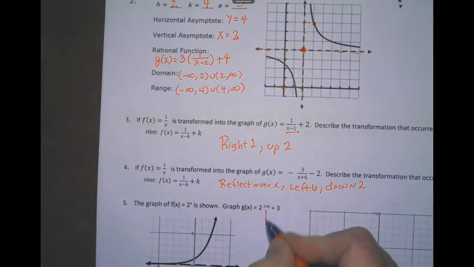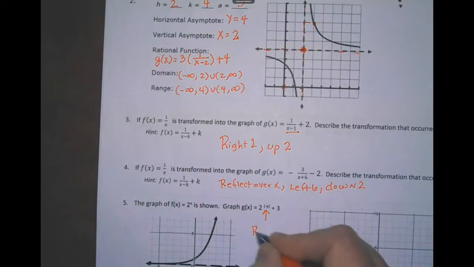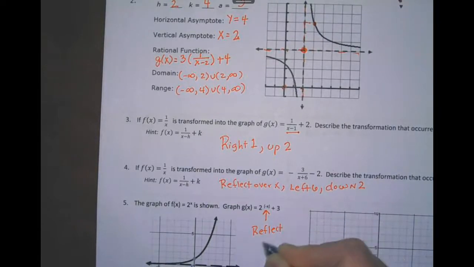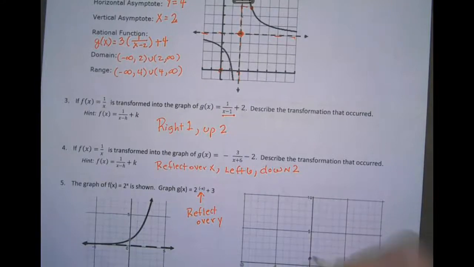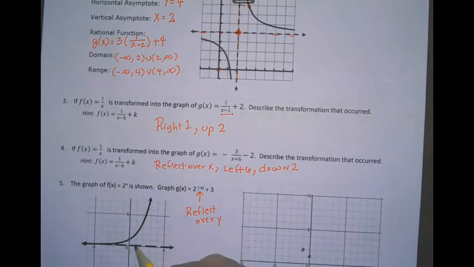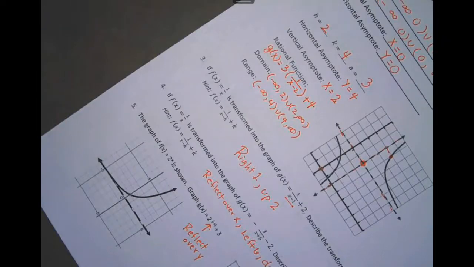On this graph right here, the negative with that x is going to reflect over y. So the reflection over y, this is going to be at 1, 2, this is going to be right here. This is going to be 1, 2, 1, 2, 3, 4. And so this